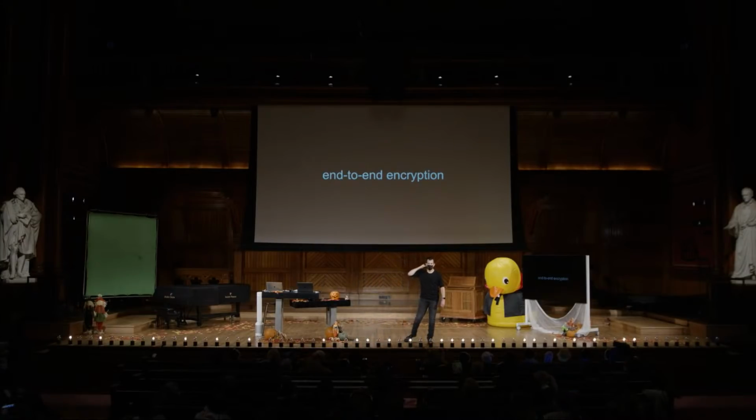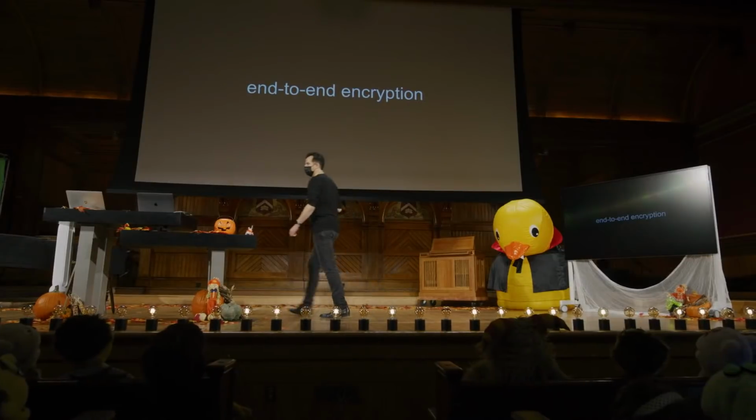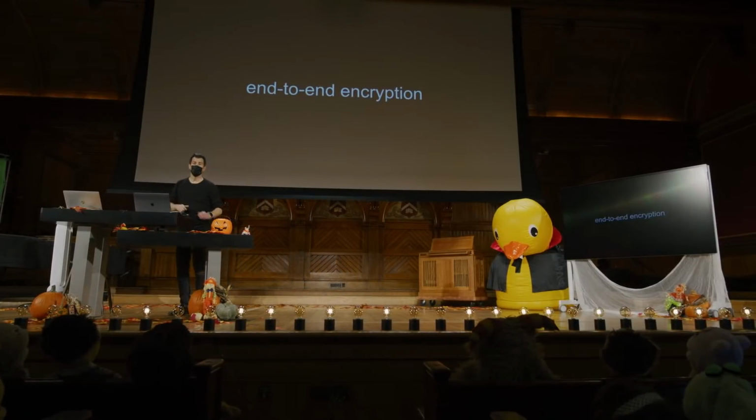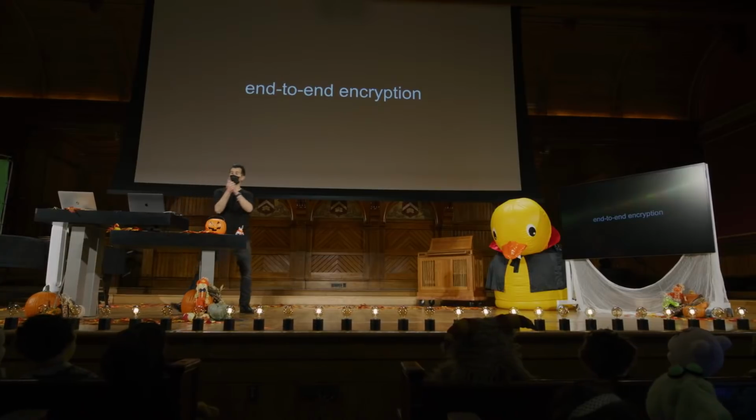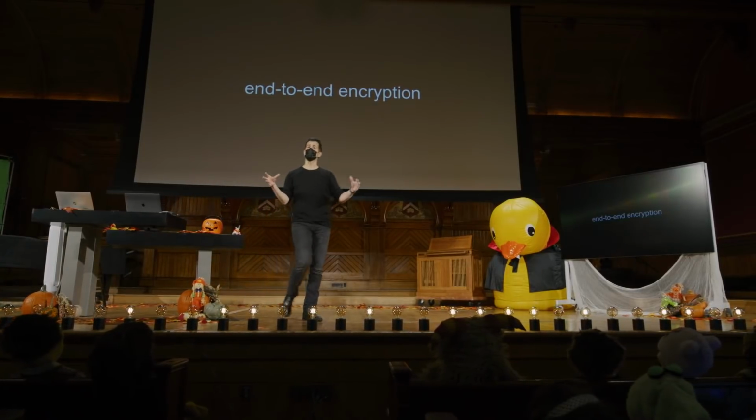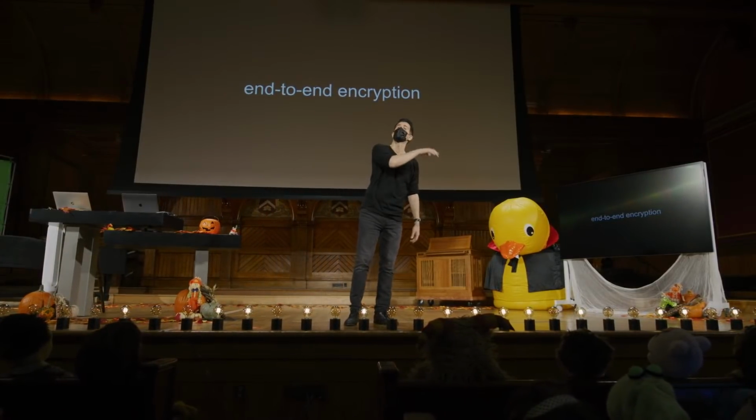It's where WhatsApp encrypts a message on one side and it stays encrypted all the way to the other side, to the recipient. Even though Facebook, in this case, owns WhatsApp, even though your message is going through Facebook or Meta's servers, they do not have, theoretically, the ability to decrypt whatever chat message you've sent to a friend. They are just sending seemingly random zeros and ones all the way to the end user, who can